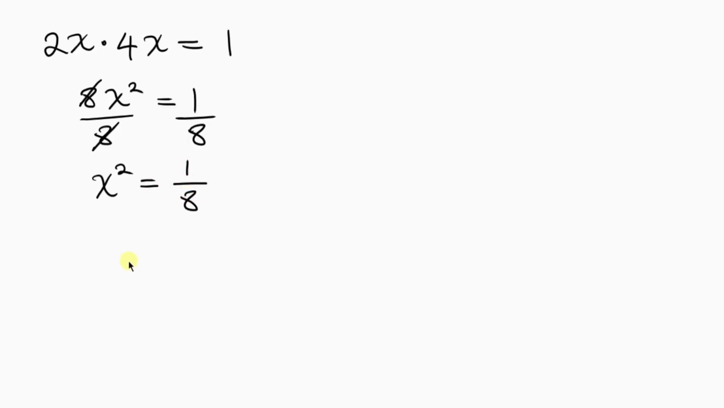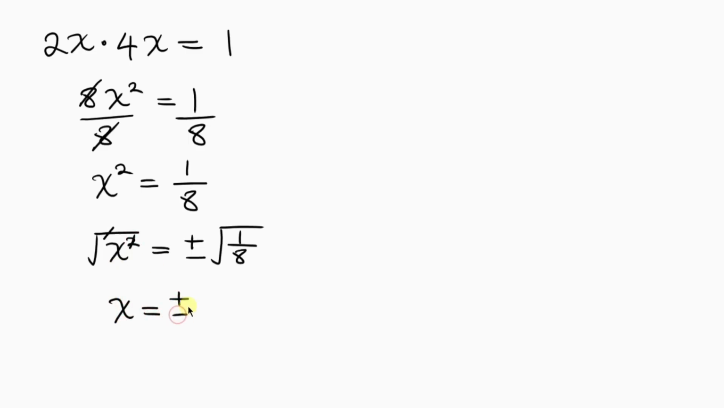Very good. And since we're looking for x, we have to get rid of this square by taking the square roots of both sides. So I'll take the square root of the left hand side. I'll also take the square root of the right hand side, but I have to put plus or minus. Very good. The square root of 1 all over 8. Now notice that this square root cancels out the square, leaving behind x to be equal to plus or minus